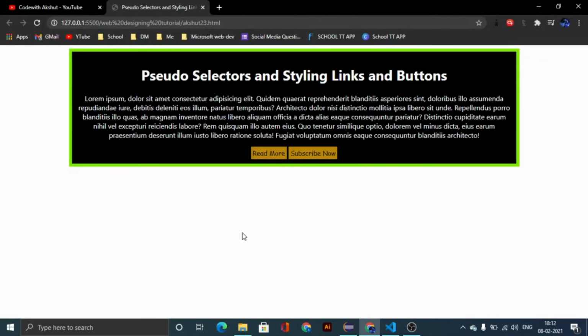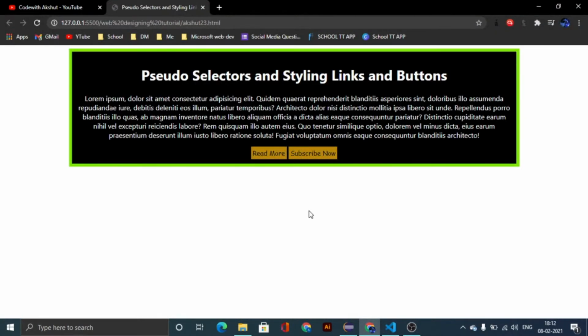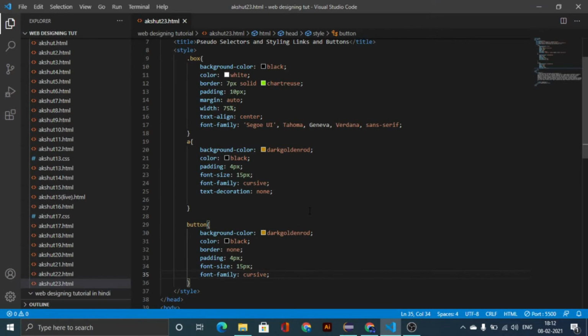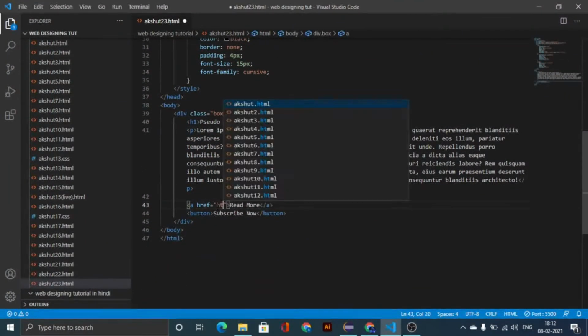I would have to remove some lines also. This from here. Yes. Now they both are looking the same, as you know, and I think these are pretty good style. Let's add a link here now